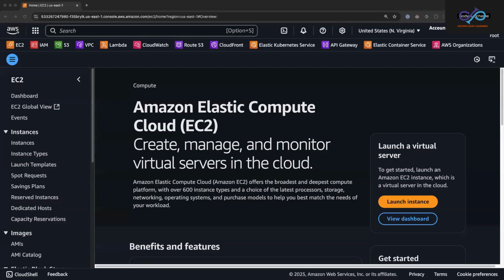Hey everyone, in this short video, I'm going to show you how to launch an EC2 instance on AWS and connect to it using SSH. This is going to be a step-by-step demo, and if you're getting started with AWS or cloud computing, this is a perfect first-hand experience. So first and foremost, as you can see on my screen, I'm already signed into the